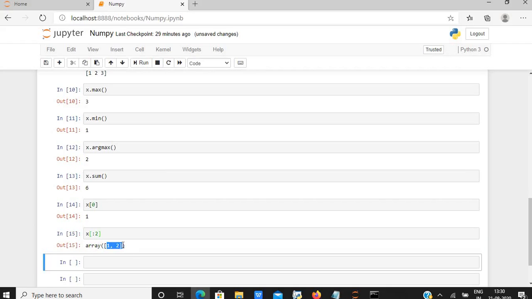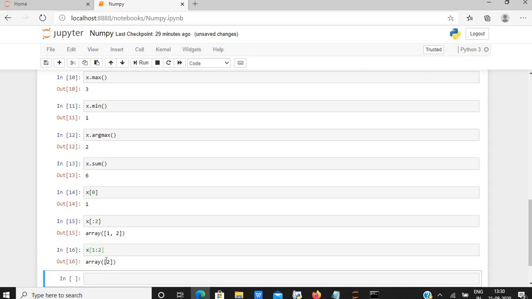So we have the starting two elements of the list. Similarly, we can have a range, for example x[1:2]. So only 2 lies between index 1 and 2, as we do not take the higher value.